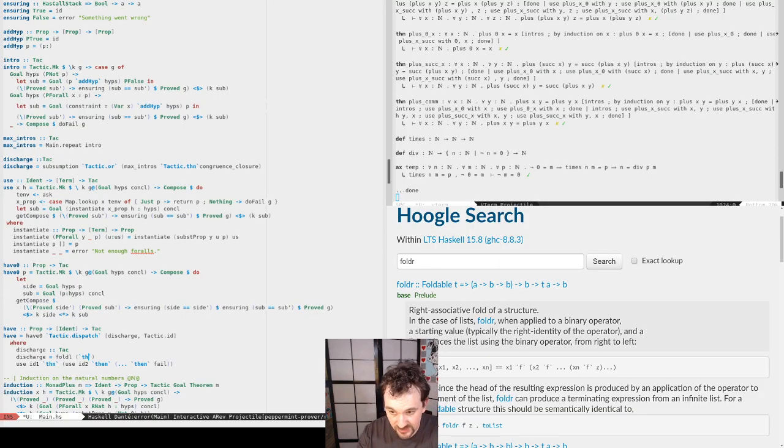I'm getting an ident as my first element. Well, that's lem. That's lem. And we get a tac, and tac is the right hand side.